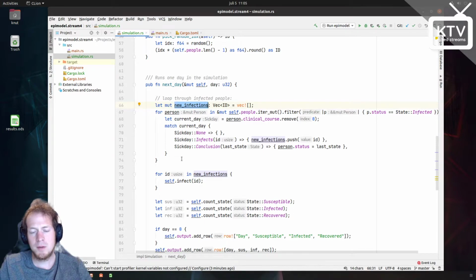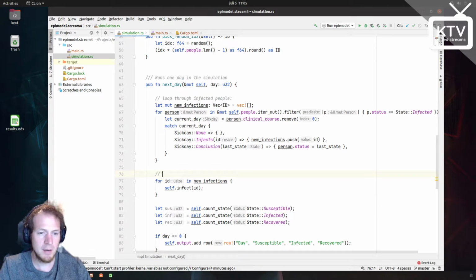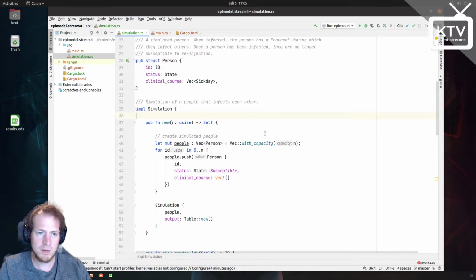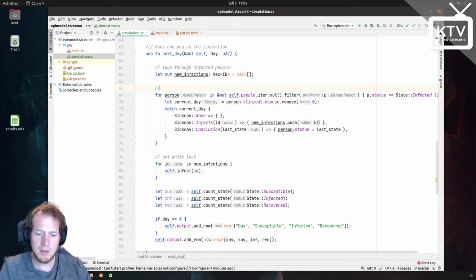If we did that, we could get the write lock here before the new infection. So we would get the write lock here. And then here, before we went into person, here, we would get the read lock. The reason this would probably still be effective,